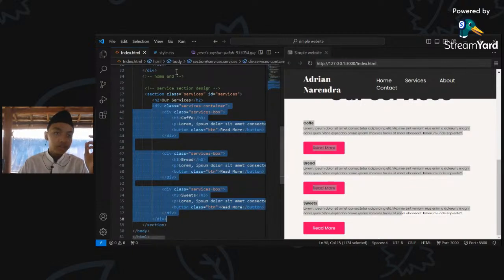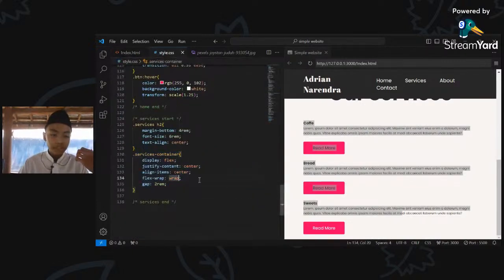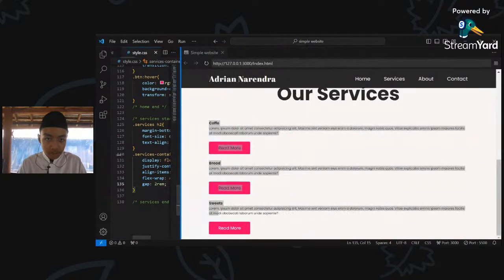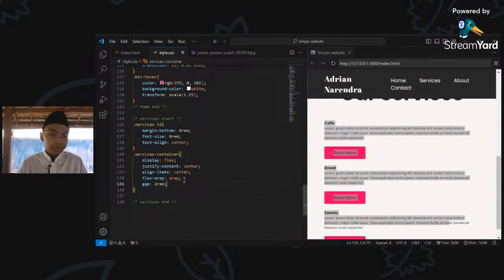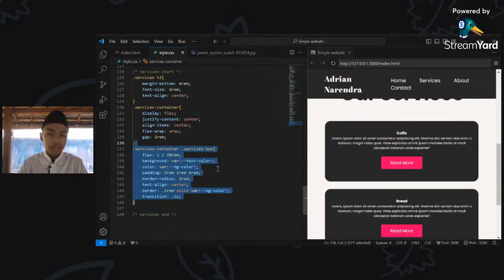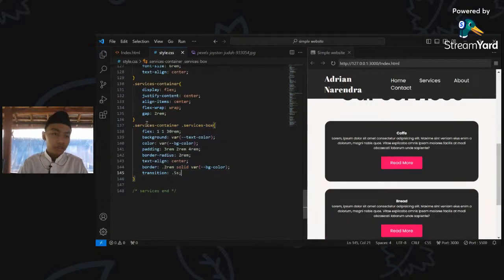We give it display flex, justify-content center, align-items center. This is to make it centered. Flex-wrap and gap 2 rem. Gap is actually the same as margin, to give it gaps, and display flex is to make it aligned in one line. Okay, continue. Now we target